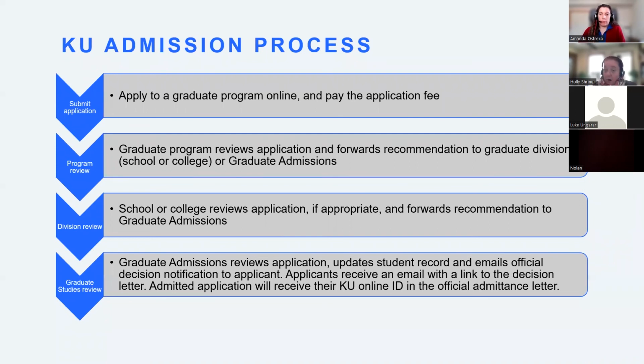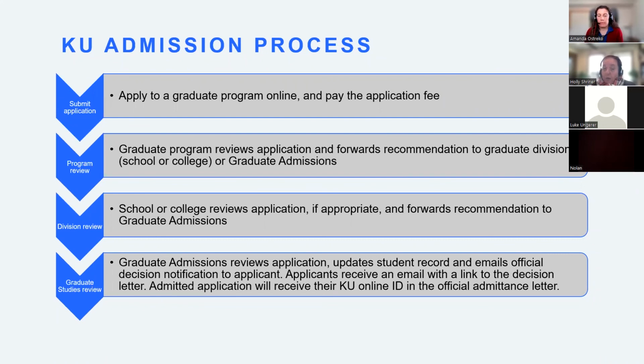Our office isn't pre-reviewing anything and pushing it forward to a program. If you apply to a program, that application is going to be immediately available to that program, and they are going to manage the timeline for that application review. So they'll be making sure all of the requirements are on the record that they need. They're going to handle their review process the way that they have it set up, and then they will finally forward their recommendation to sometimes the school or college at that institution or directly to graduate admissions for our final